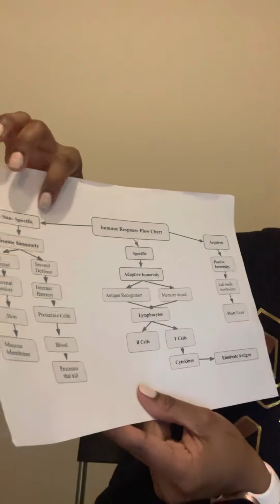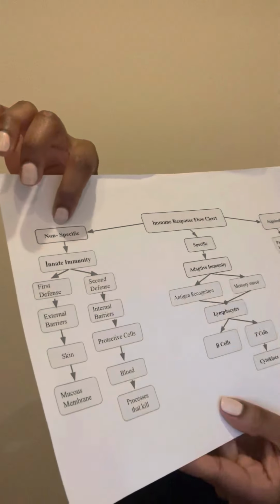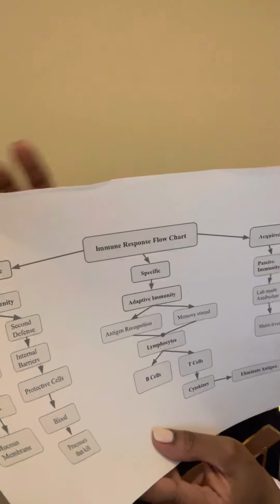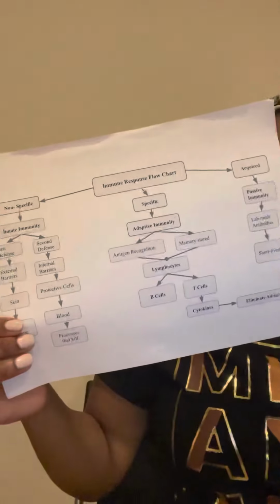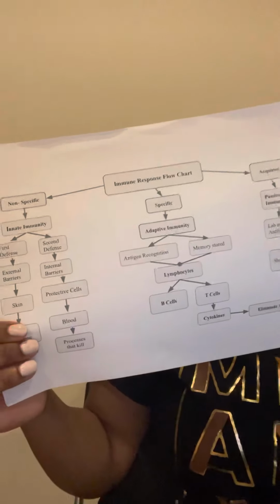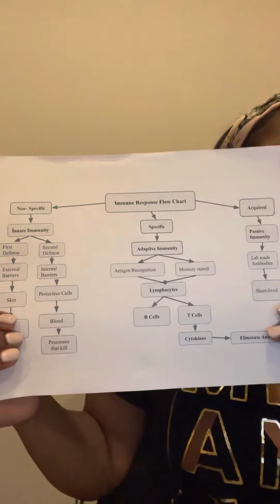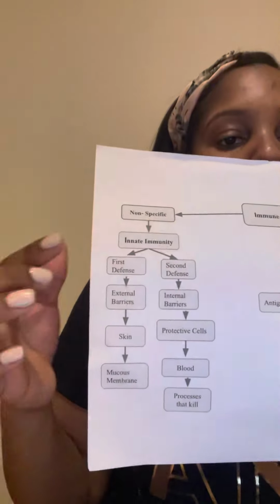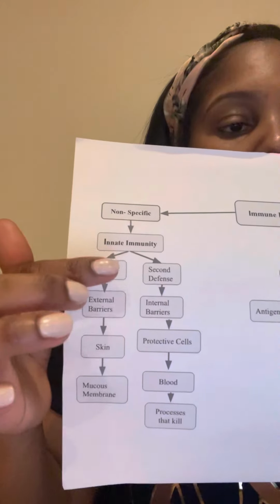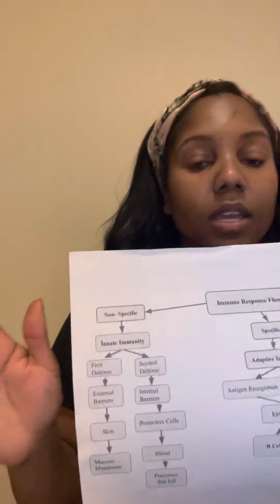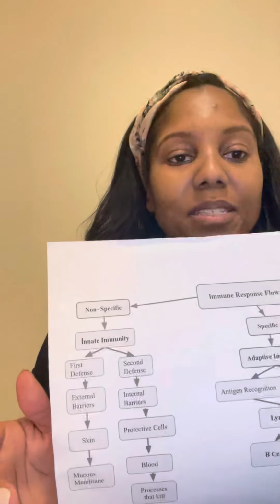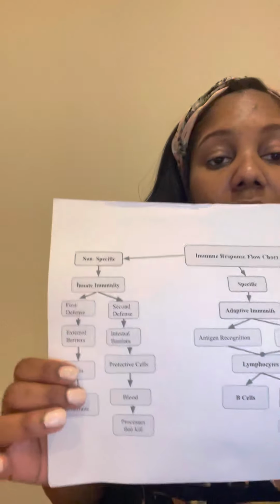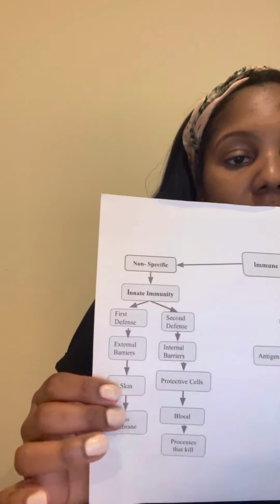So I began with innate immunity, which is non-specific, and then we will move forward throughout this presentation. So innate or non-specific immunity is this defense system we are born with. It protects us against all antigens. These defenses are described as non-specific because they do not target any specific pathogen. Rather, they defend against a wide range of potential pathogens, and it provides the first line of defense against invading